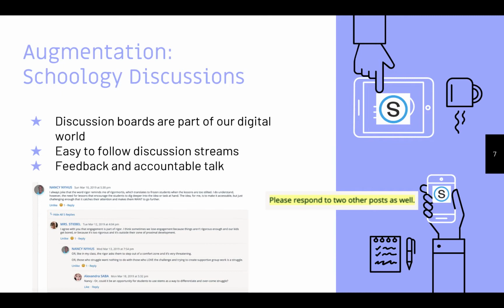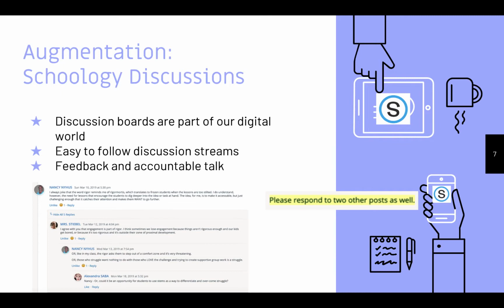And the reason why I wanted to highlight this is because it's a really easy to use tool that you can integrate in your classroom very easily tomorrow. And it also is something that I think that we could do better as a community to use. Instead of just getting very quick responses from our students, we can get them really thinking in rigorous ways using discussion boards. The big thing behind a discussion board is the accountable talk, that you know exactly what